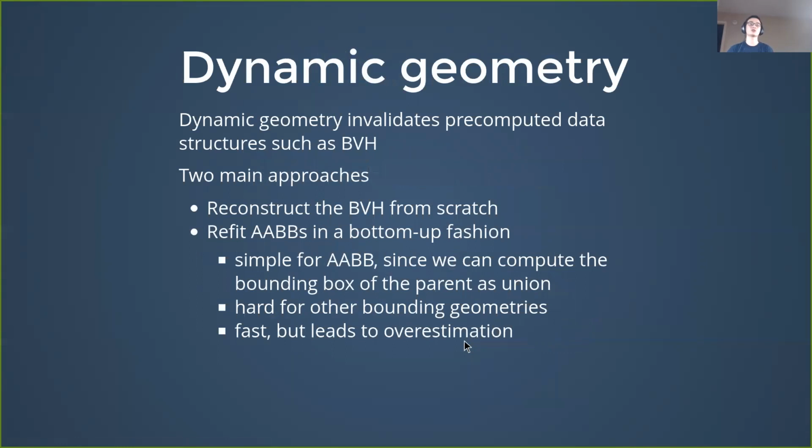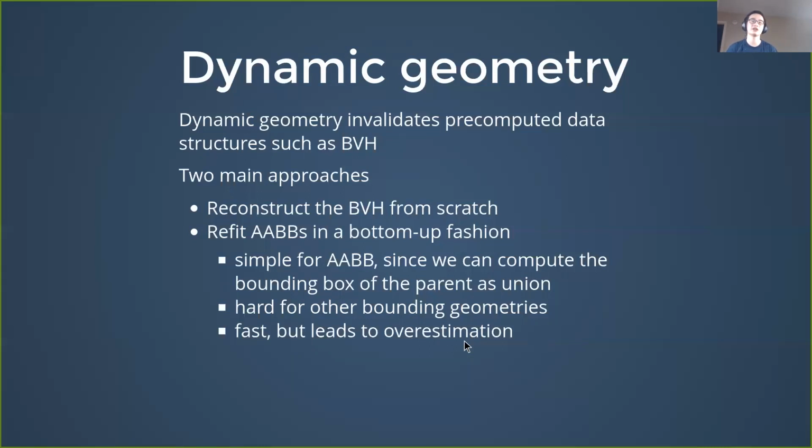There is also a problem of dynamic geometry, where we have some kind of transformation of geometry that will invalidate pre-computed data structures such as BVH. There are two different approaches. First, we can reconstruct the BVH from scratch. The second is we can refit